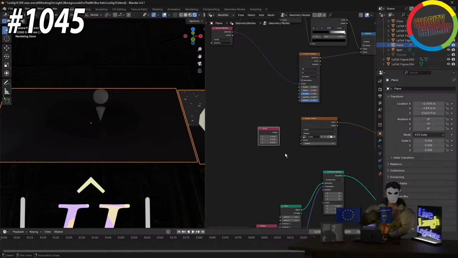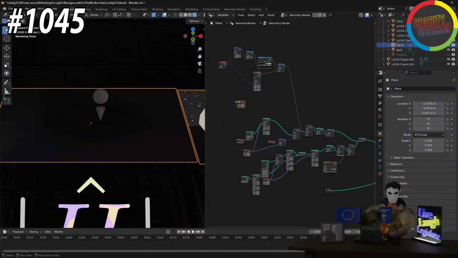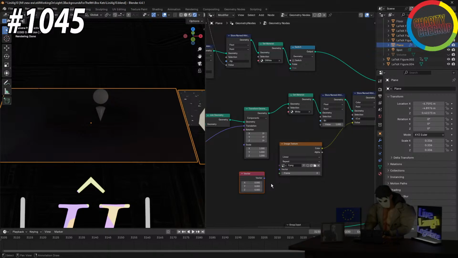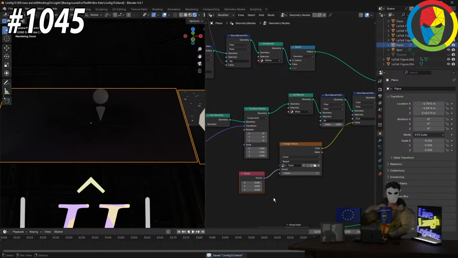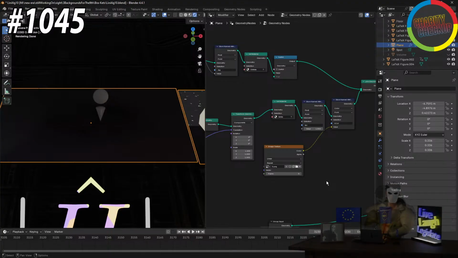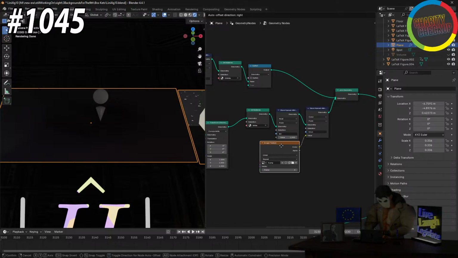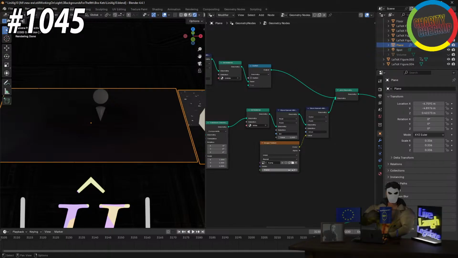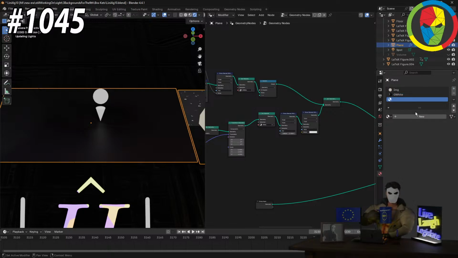Can I not just use a vector for this? Also, the image on its own doesn't appear to be working. Well, that's a great sign. That's confusing. That is really quite confusing. As far as I'm aware, this should work. That's a problem, because then what we would probably need to do is create another texture